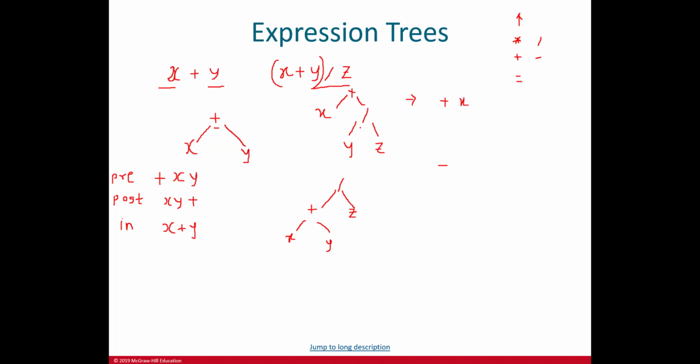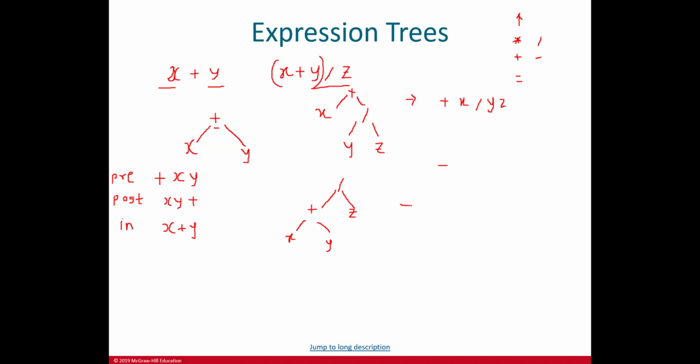Now in case of division, again division is a root, so we are going to first visit division and then yz. So division and yz. So this is the prefix expression for this tree,